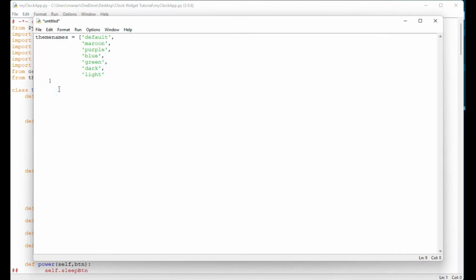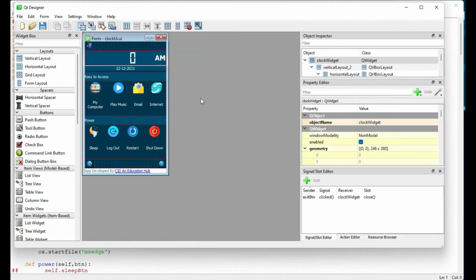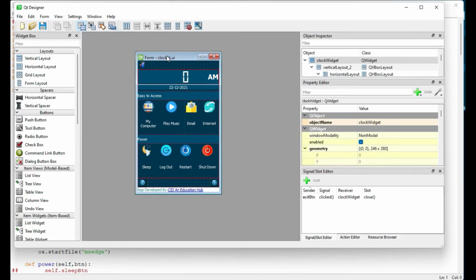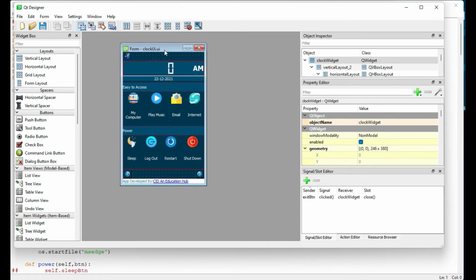Now let me make one more dictionary here, and I'll name it all themes, and this dictionary will save the theme names and the theme according to each name. By default it is empty. Now I will first open my UI file, which was in our first video, where we designed this application.